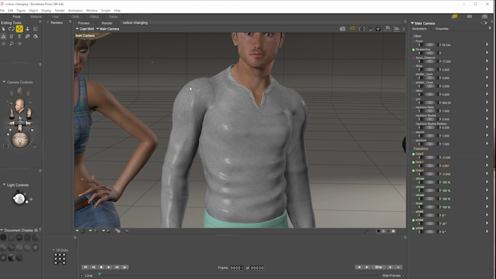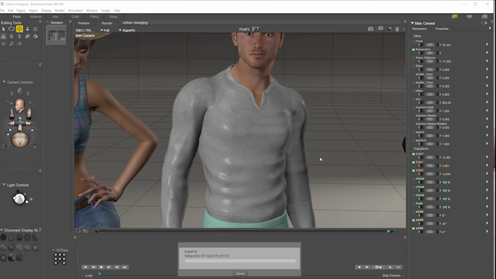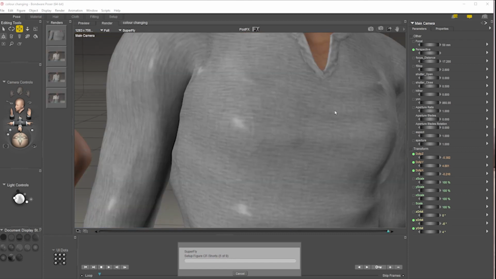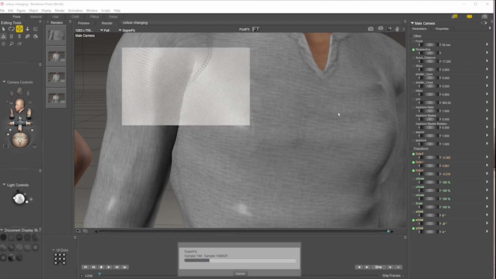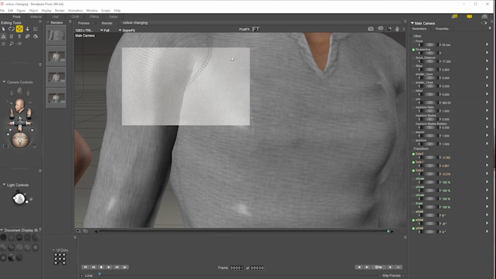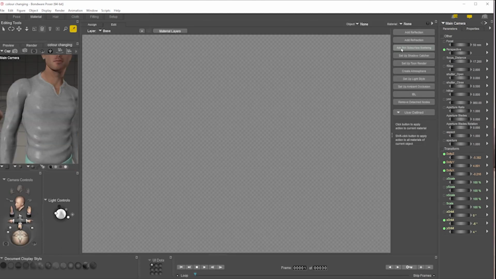But if I just give that a quick render here, just an area render. So generally I render low for you guys. There we go. So you can see texture here, texture here. So there's 2 things going on here. There's a material texture as a diffuse color. If we go into the material room and analyze it,